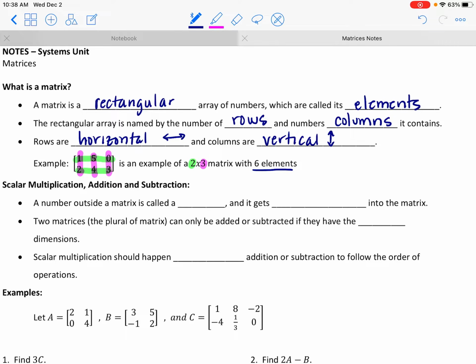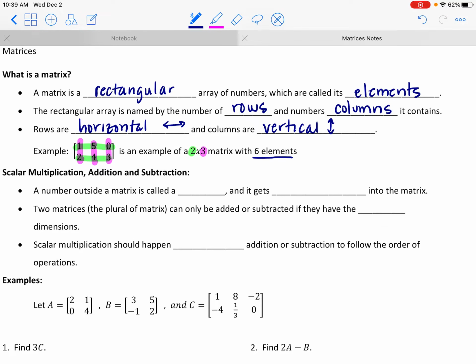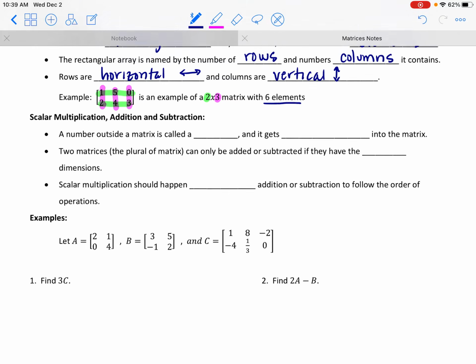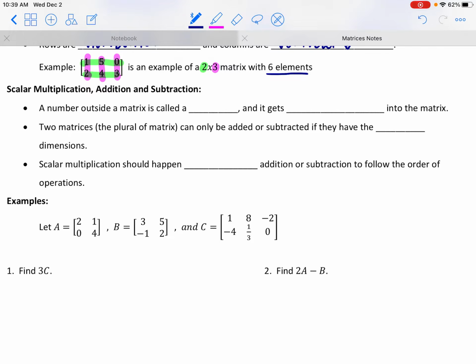Okay? So we're going to look at some operations with these matrices, and then again, when we move along to the next topic, we'll see how this connects to systems. So scalar multiplication, addition, subtraction, this is pretty much order of operations. Scalar multiplication just means you're going to distribute a number into a matrix. So a number outside of a matrix is called a scalar. It'd be like having a number outside of a parenthesis. If you have a number outside of a matrix, you're just going to distribute that in or multiply that in. So it gets multiplied